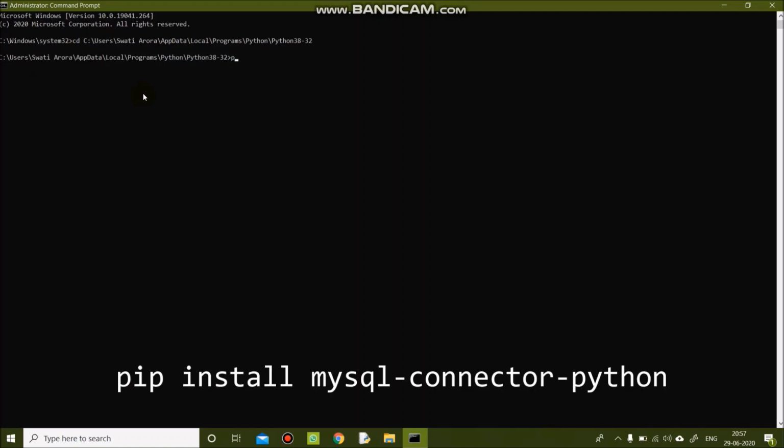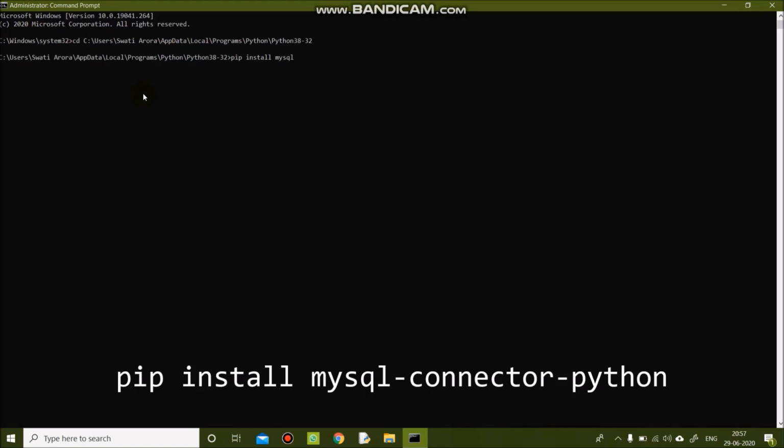Now we are going to write just one command that is going to install MySQL Python connector on your computer. It is not any graphical installation. You just write here pip install mysql. Please write these commands carefully, as the command prompt is case sensitive, that is, it differentiates between uppercase and lowercase.